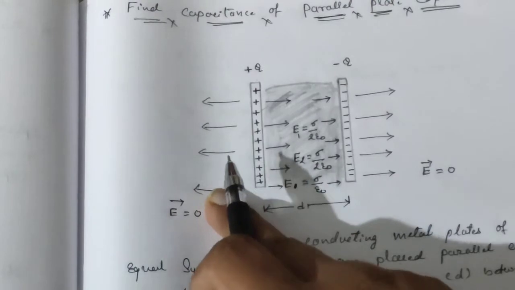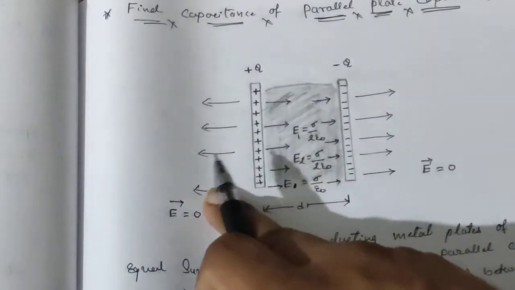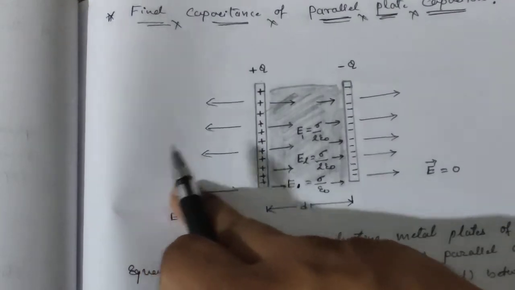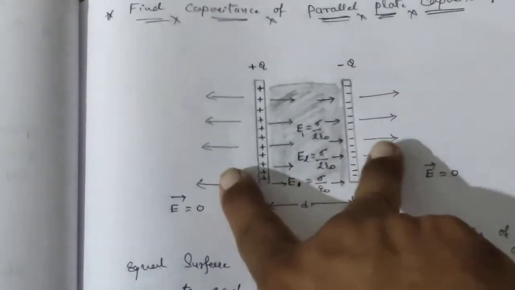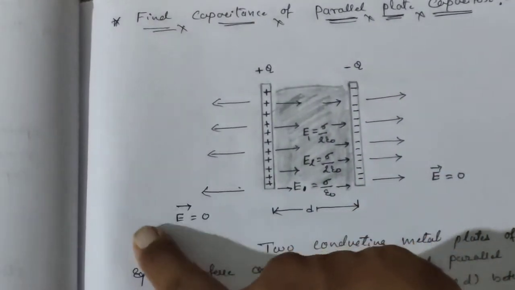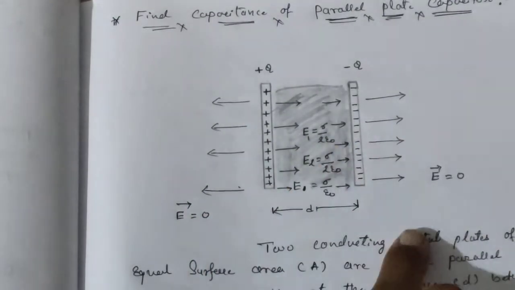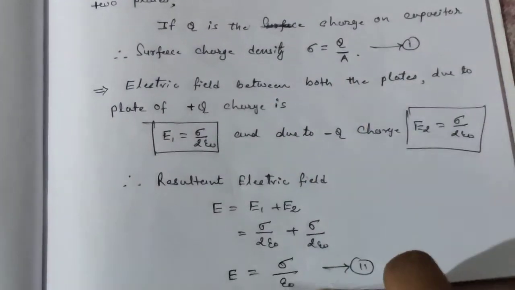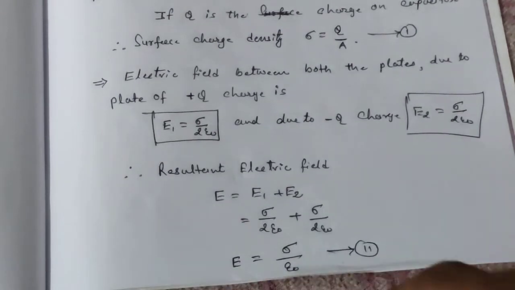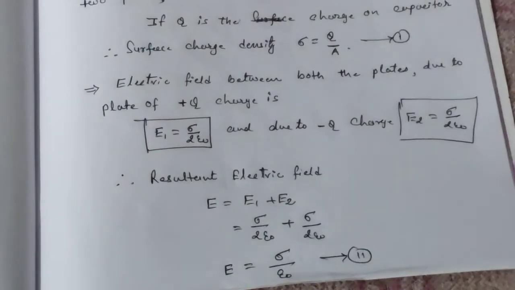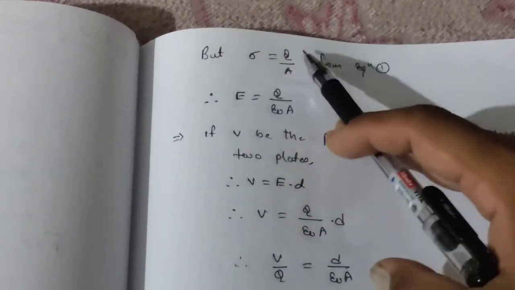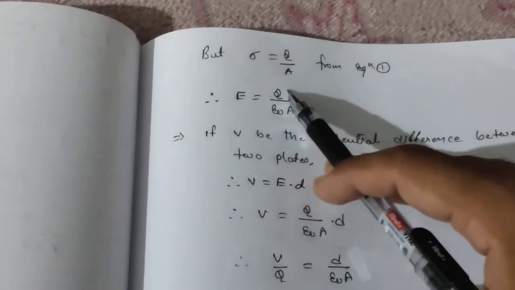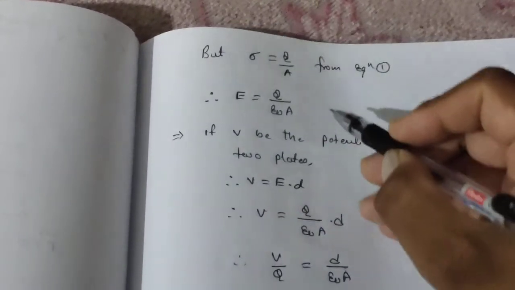One more thing I would like to share. Over here the arrows indicate the direction of the electric field. For the positive plate it is moving in this direction; suppose it is the x-axis, in that case it is the negative x-axis, and over here it is also the negative x-axis. So the resultant magnitude of the electric field outside the capacitor will be 0. But in between the two plates we have an electric field, and that is this one. Now let us find the potential. Sorry, one more point. As we know, sigma equals q upon A, so E equals q upon epsilon naught into A.